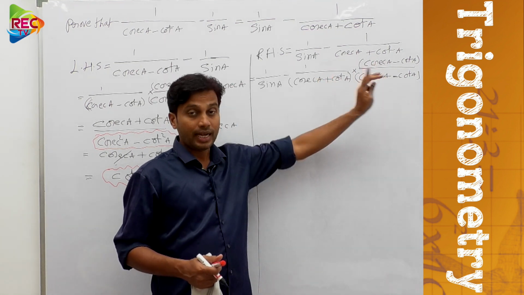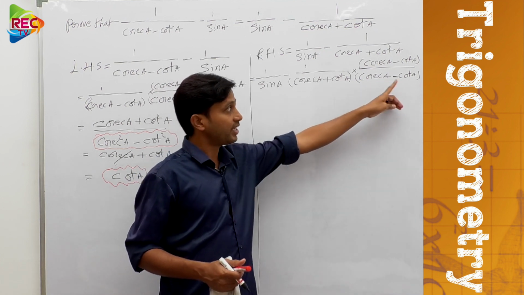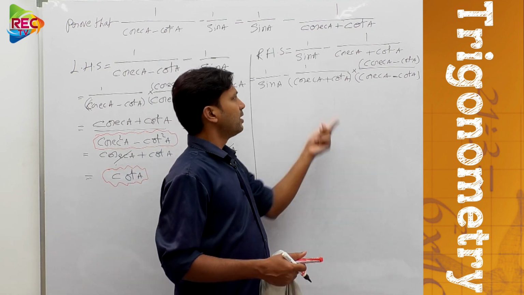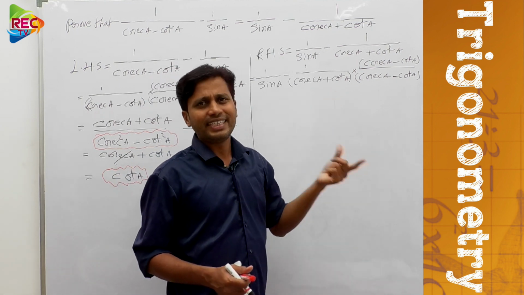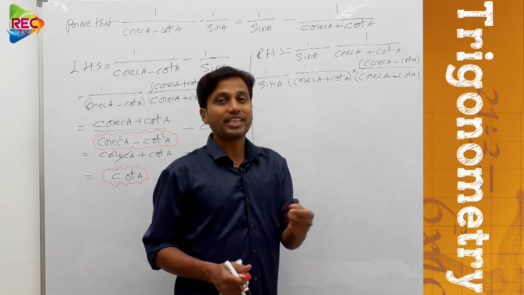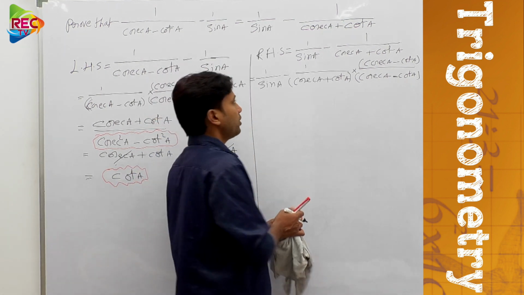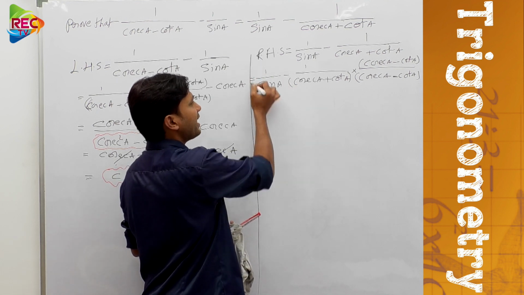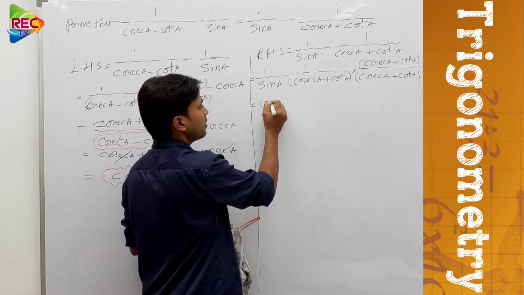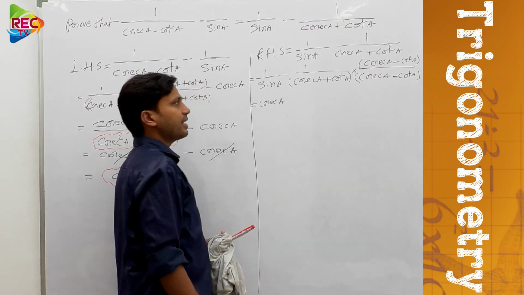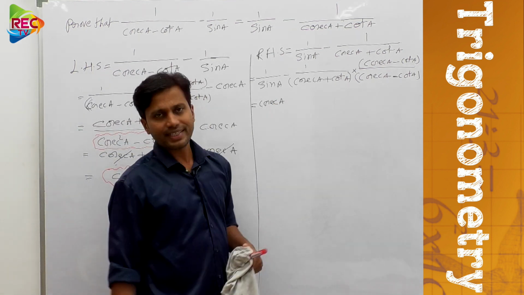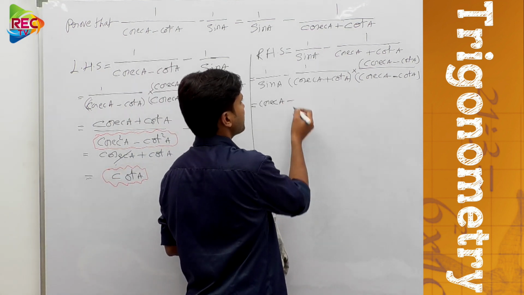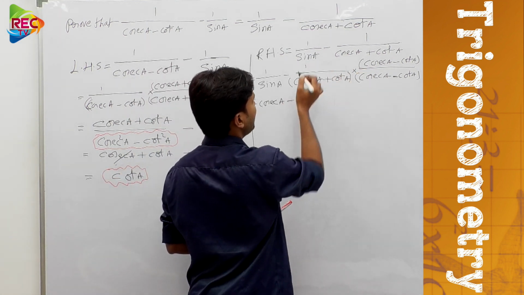So we can do it. And one more thing, why are we multiplying with cosecant A minus cot A only? The reason behind it is to obtain the identity in the denominator, so that it becomes 1. Understood? So just see here. Now 1 by sin A again can be written as what? Cosecant A, right? 1 by sin A can be written as cosecant A, because it is the reciprocal of sin A. Okay, minus. Now see here, 1 into cosecant A minus cot A.